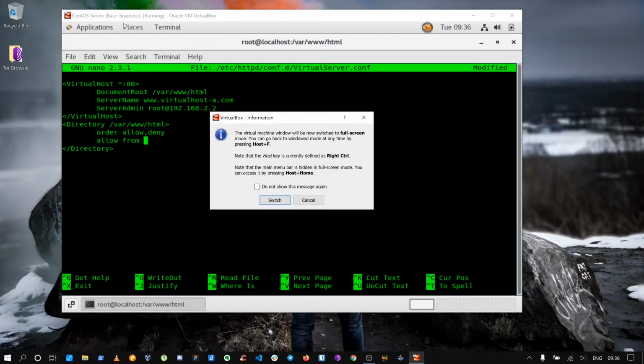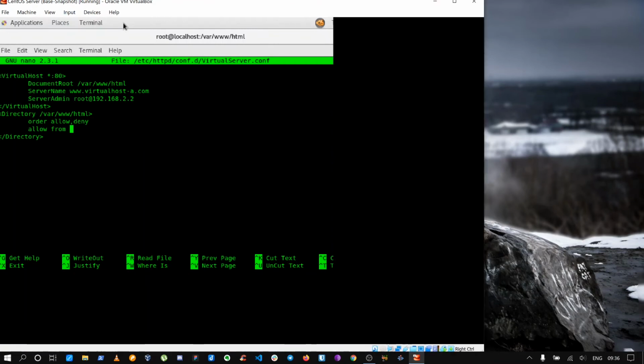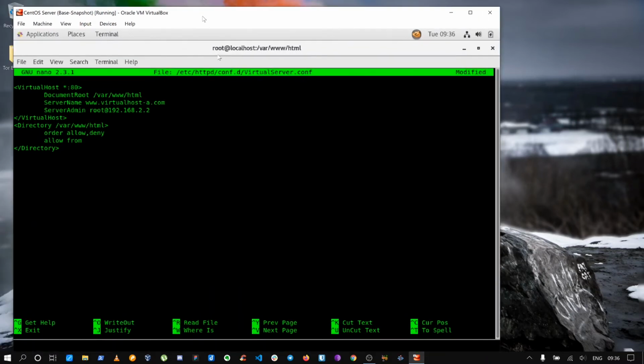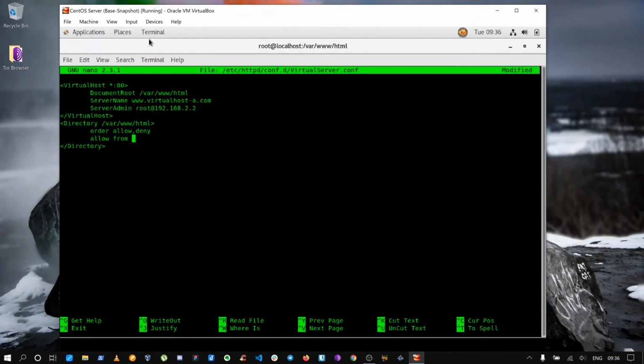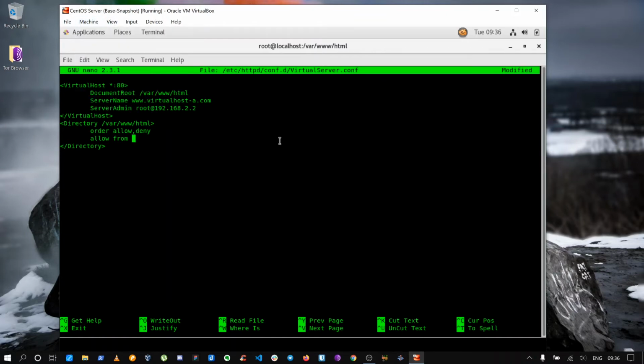I wish I could show you, but there's some issue. I'll get back to that again. I have to restart my machine. So this is where you take the snapshot. Do not hesitate to take it, and you can revert back to it so that you save anything that you modify before you do anything. Before you mess up, just take a snapshot. That's a good practice so that you can restore anything that you mess up in the virtual machine instead of reinstalling all the stuff again.